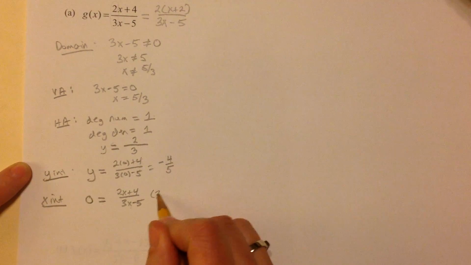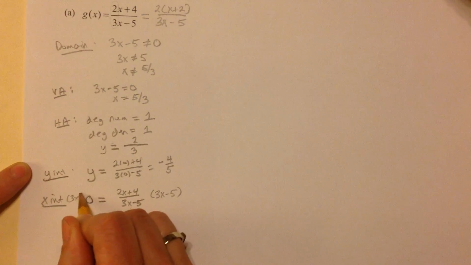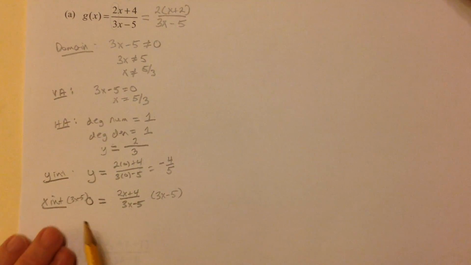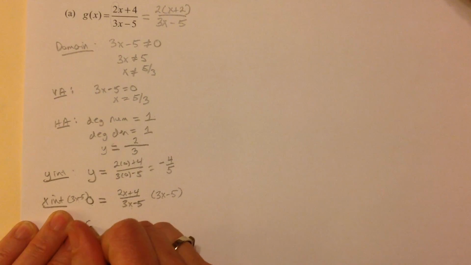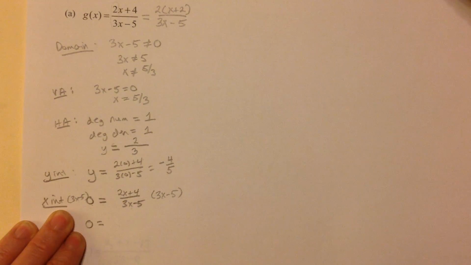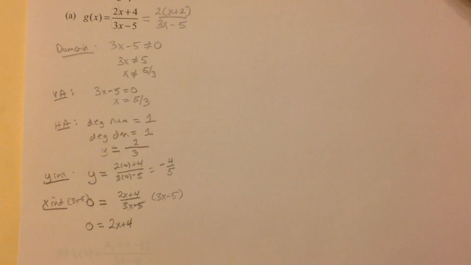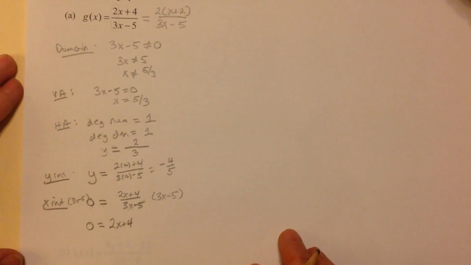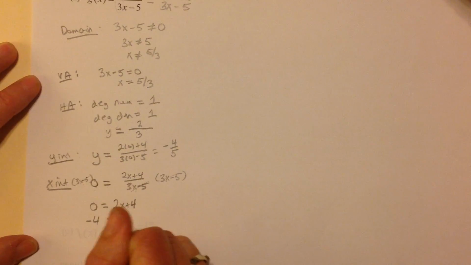So I'm going to multiply both sides by the denominator of 3x minus 5. Now watch the simple things here. This side you've set equal to 0. 0 times anything is 0. Here the denominator cancels, and we're left with just the numerator, 2x plus 4. Now that's just a linear equation to solve, so we'll subtract off the 4, divide by 2